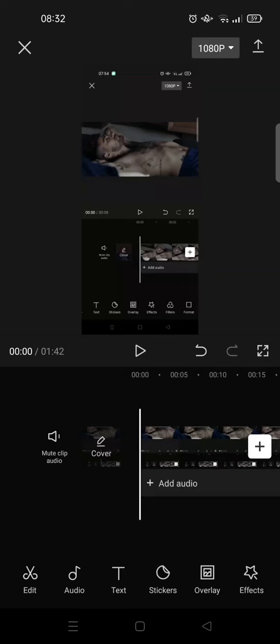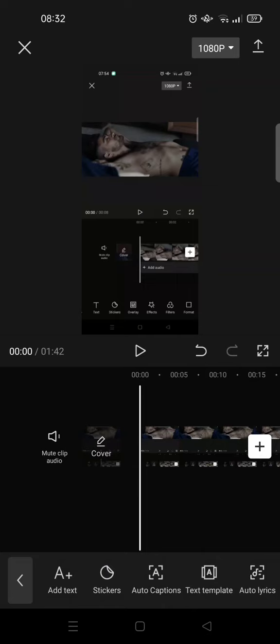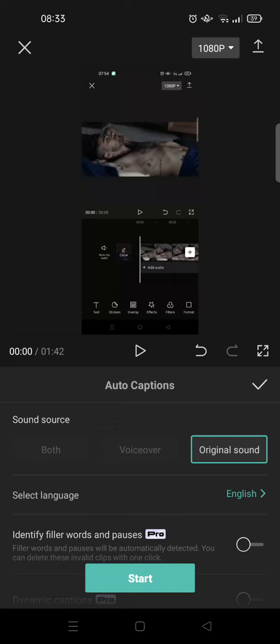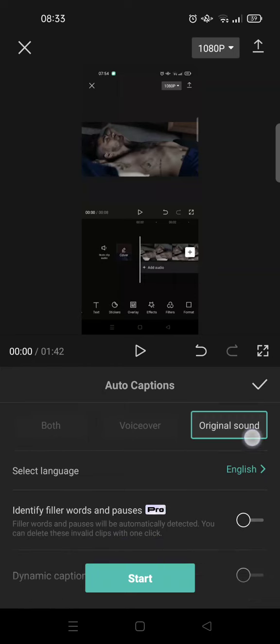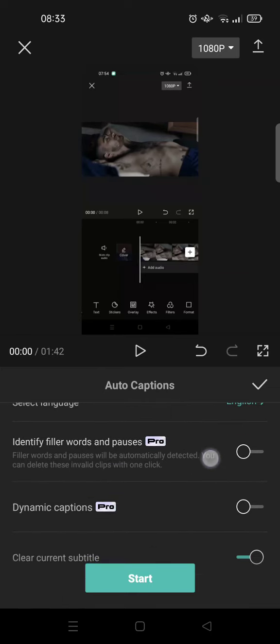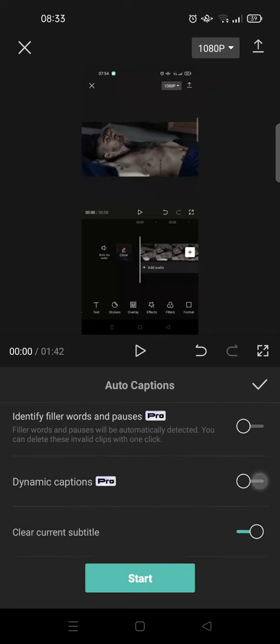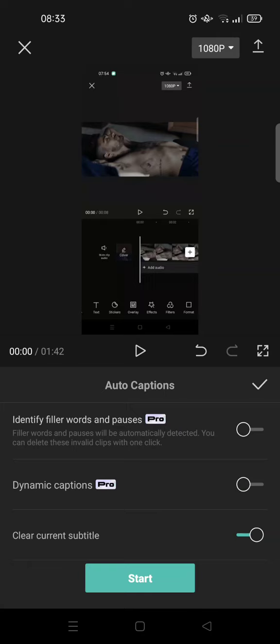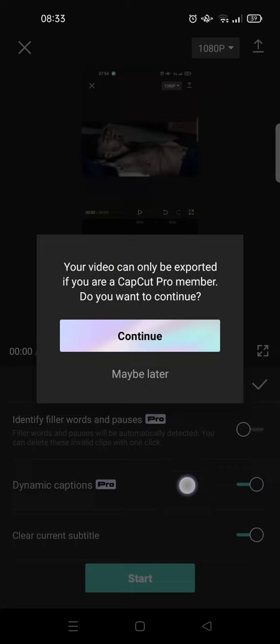You just need to go to text and here choose auto captions, so it will make the auto subtitle also, and here choose the original sound and select the language, of course English. And here you can also activate to identify filler words and pauses, and you can also use the dynamic caption. This is a new feature on CapCut, and I've already made a video about this on my channel. You can check that out, and I'm going to turn this on